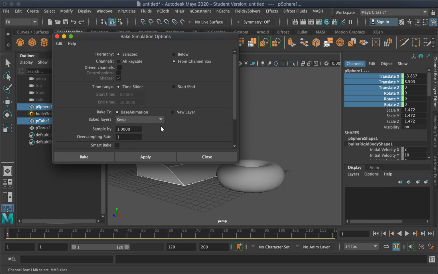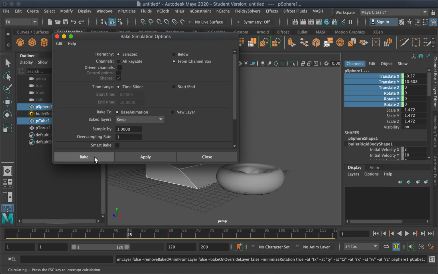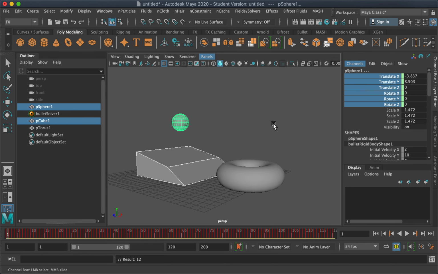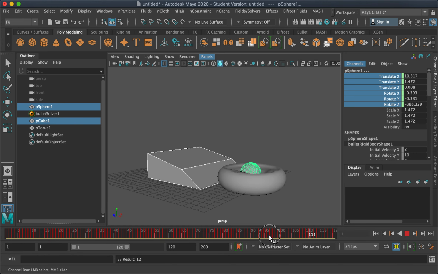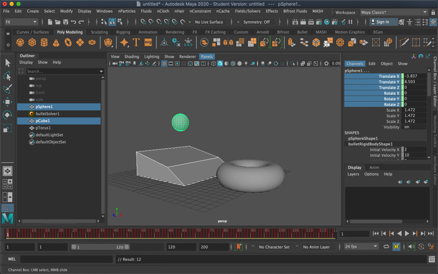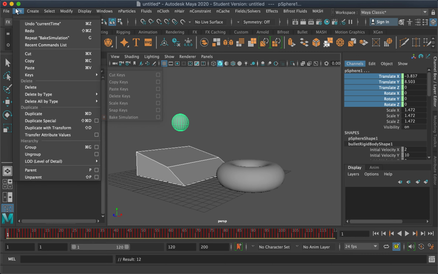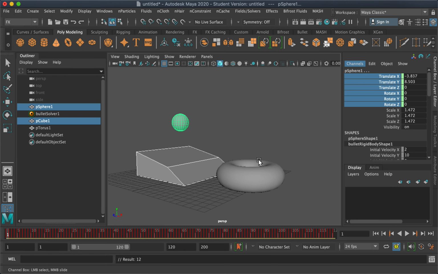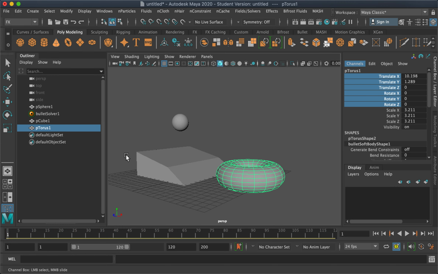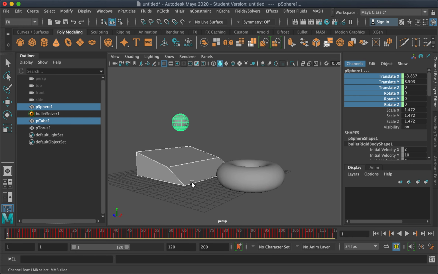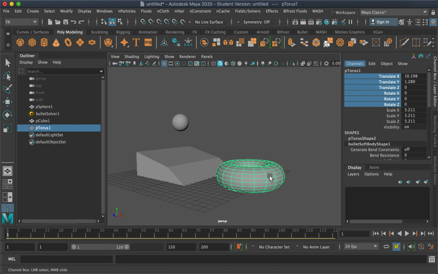We select from channel box, then bake. So you'll see that the objects are animated frame by frame. Baking, or this type of baking, Edit, Keys, Bake Simulation, does not work with soft bodies. If you notice, I only selected the rigid bodies.